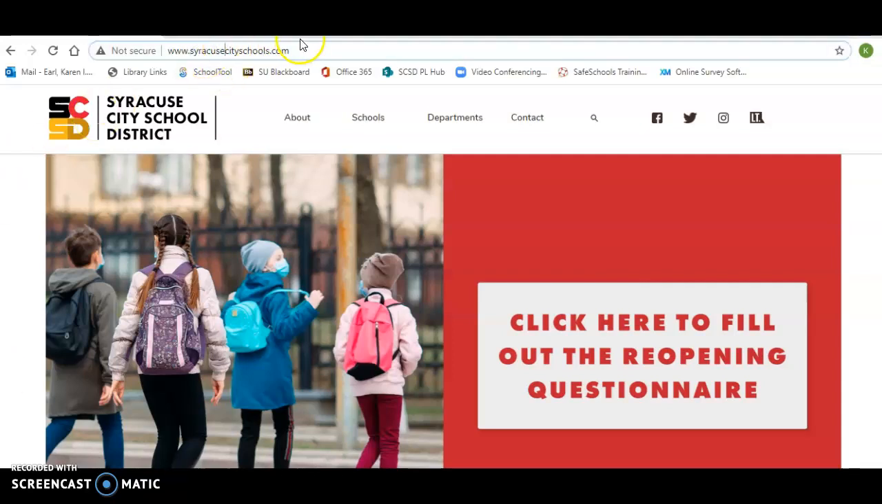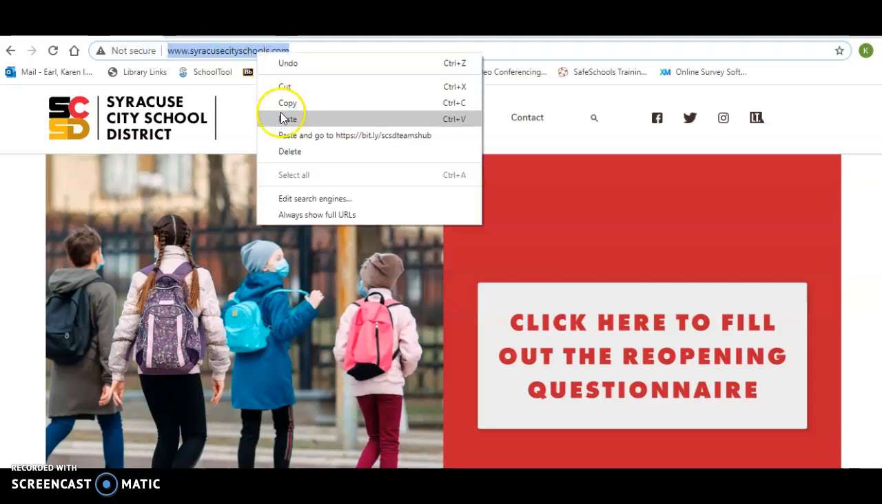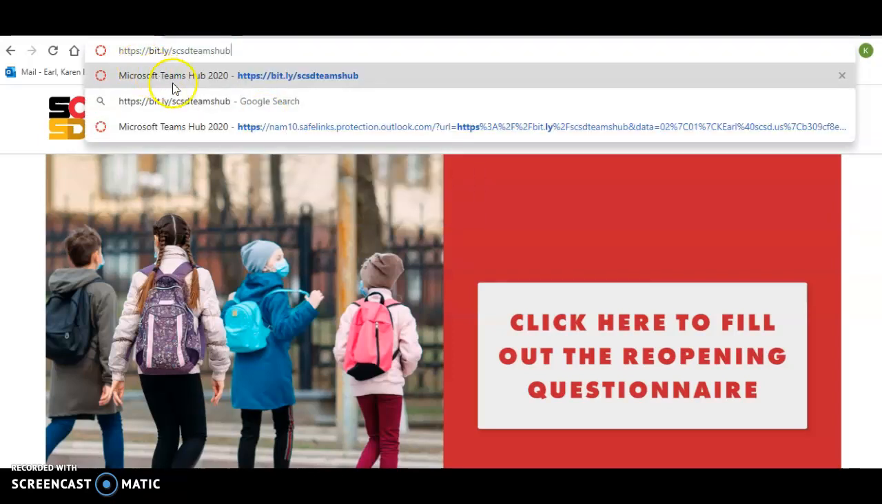My first thing I need to do is go up here and type in the bit.ly address. So I'm going to paste it here, and you're going to see, here's the address, https, then bit.ly, and then SCSD Teams Hub. So that's what you want to type right into your browser. When I do that,